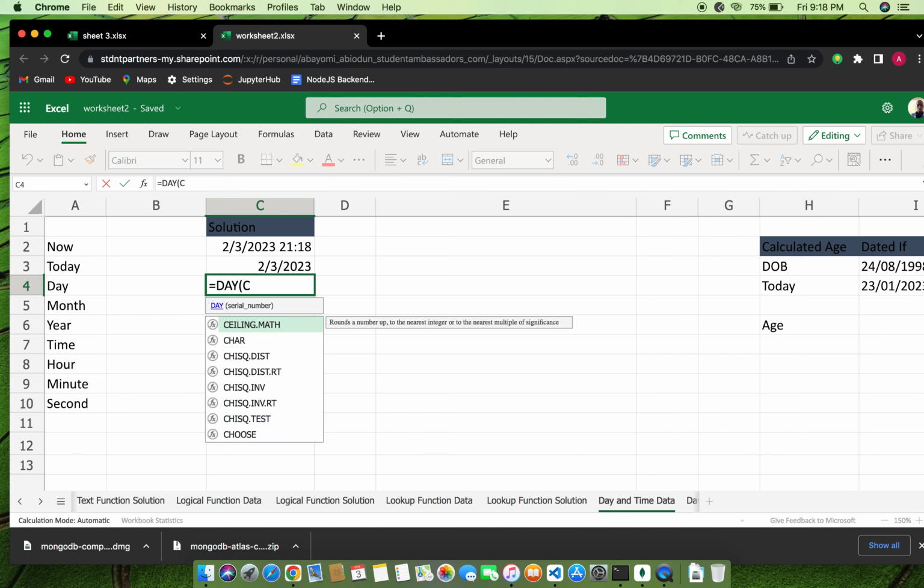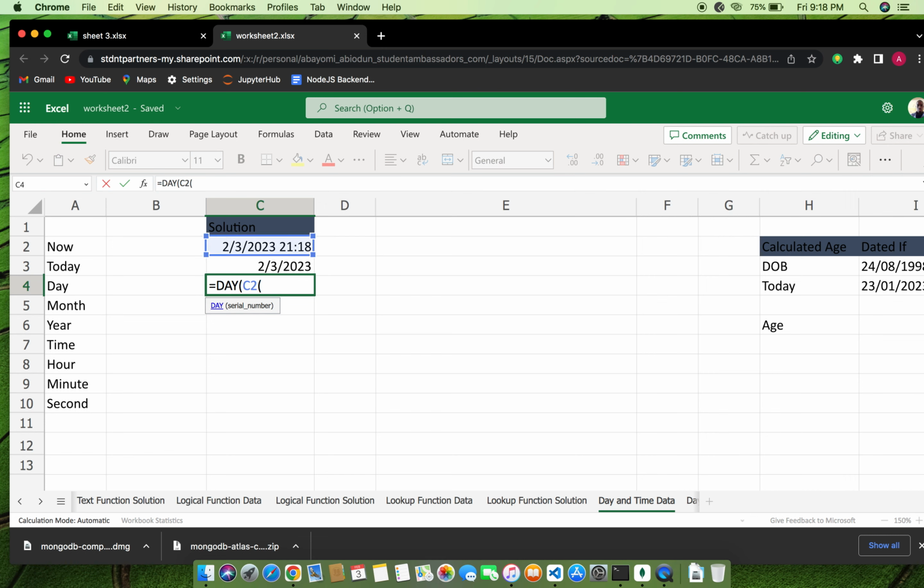So by using C2, okay, C2. Serial number is just you referencing a cell that has a date, that has probably a day, a month and a year,